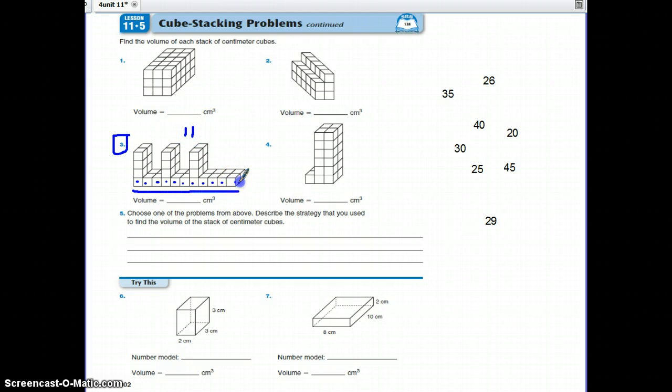How deep is it? 1, 2. What's the height of this layer? I am looking simply at this layer right here. Well, it's only 1 high. So I know 11 times 2 is 22, times 1 is still 22. But I'm not done because there are these shapes that sit on top of my base of 22. And since these 3 are the same size, I can simply go